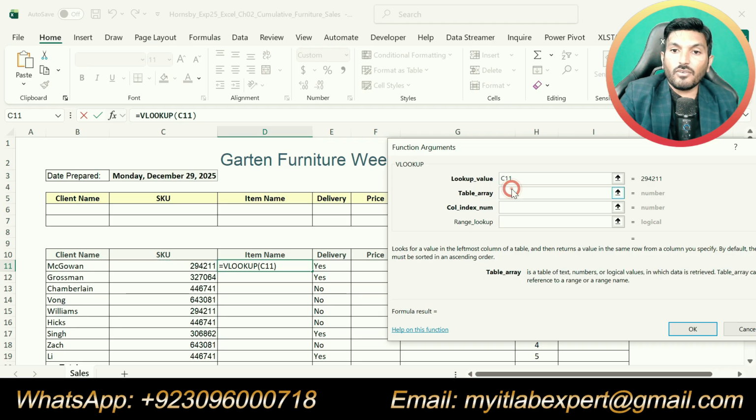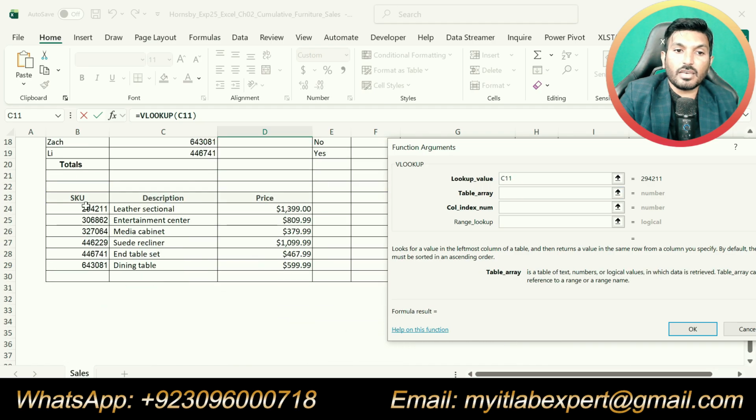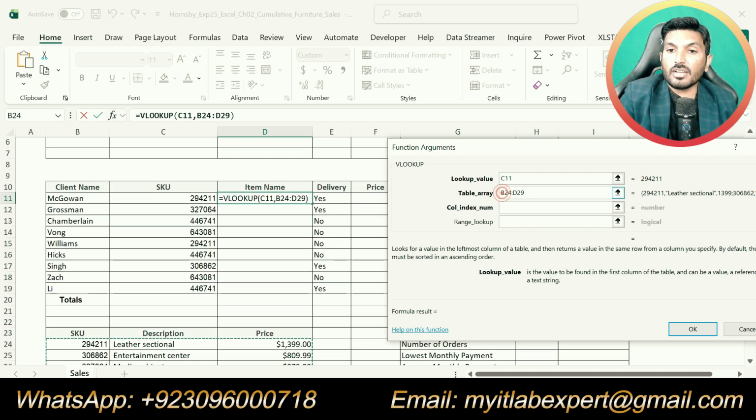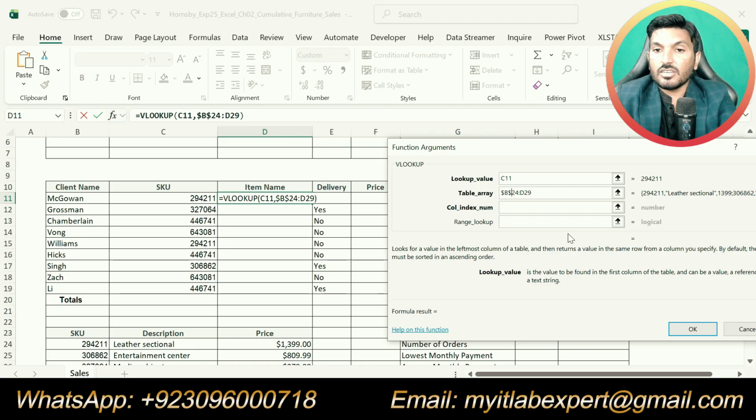Now our table array is given here, that is B24 up to D29. But for this we are supposed to use absolute references, so we will use the dollar sign before the column name and row number.